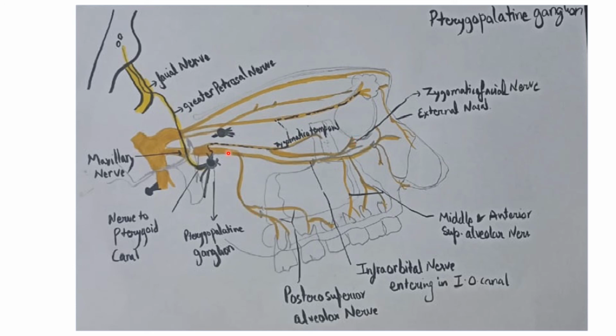Then next is the palatine branch, which gives greater and lesser palatine branches, right. The inferior orbital nerve will go above the fossa, and the greater palatine and lesser palatine nerves will come from below the fossa, right, which supply the hard palate up to the incisive fossa and also supply the mucous membrane of the hard palate and the adjoining area. And the lesser palatine nerve runs downwards through the greater palatine canal and appears through the lesser palatine foramen and supplies the mucous membrane of the soft palate and palatine tonsils.